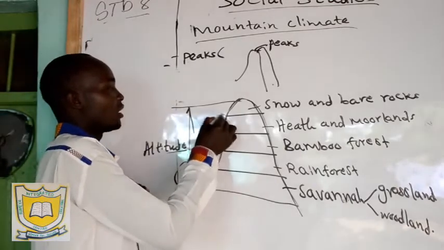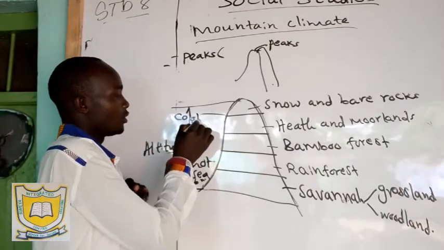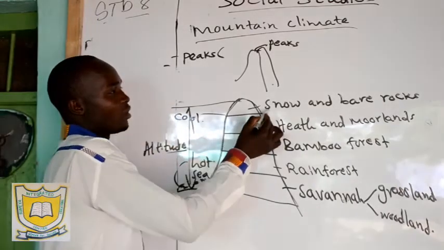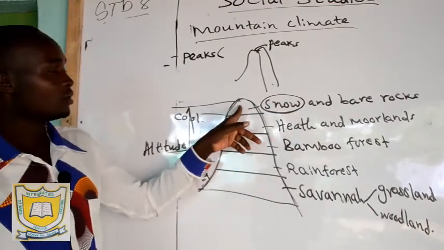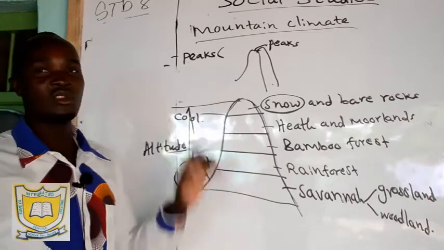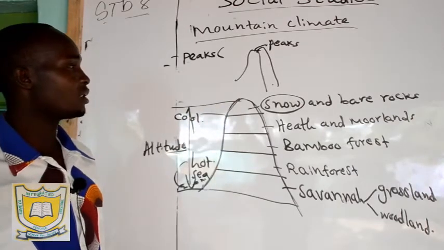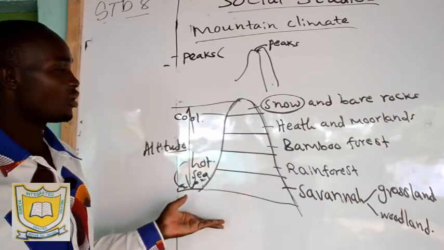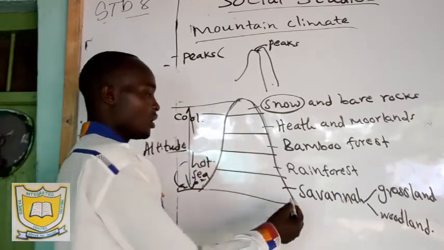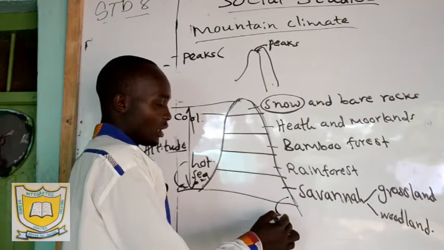So this area, it is cool. And that's why we have said we have snow here. Snow is very cold at the mountain here, because of the high altitude areas like that. And then we said this climatic zone is also very important because here we can carry out what we call